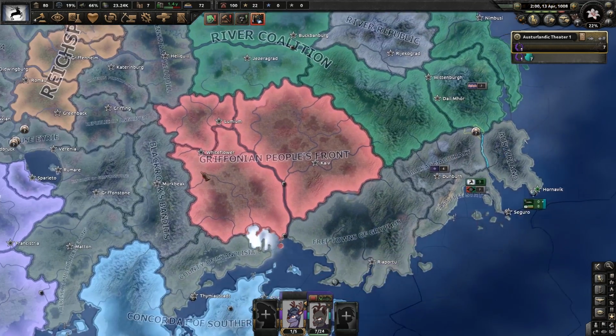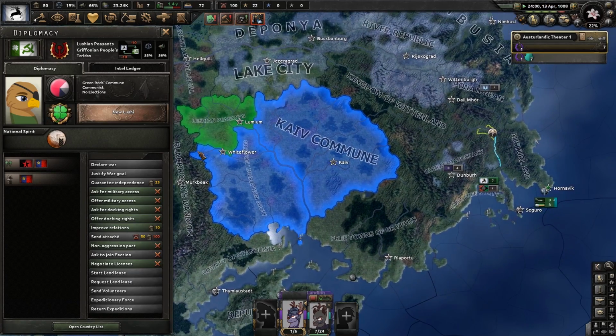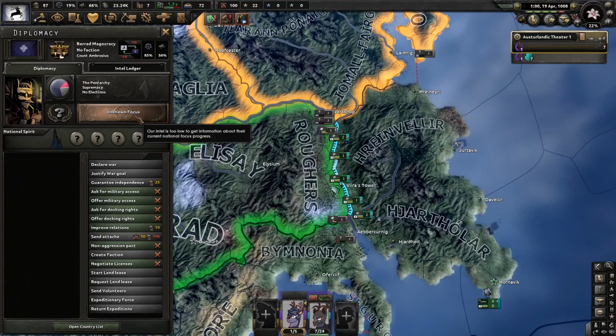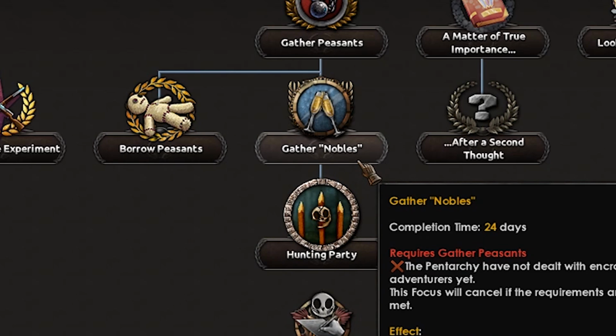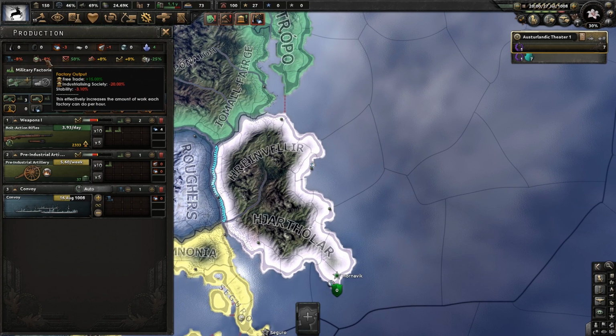Also, this faction is a thing, so that's kind of scary. Yeah, they're gonna be kind of powerful. And our neighbor here, this guy looks pretty interesting. What's he doing? Borrow peasants? Gather nobles? Wow, and we've removed bad national spirits, and we've increased our level of society, so now